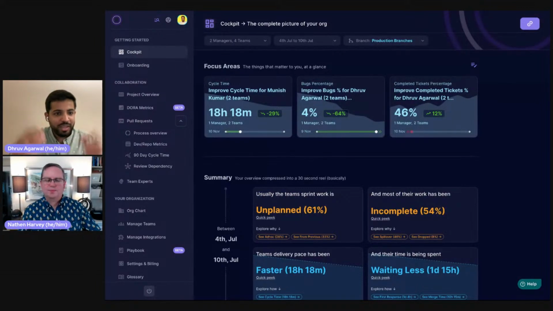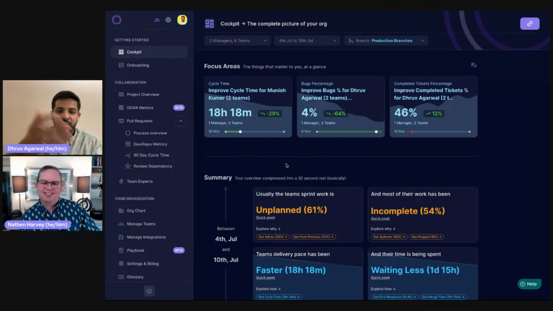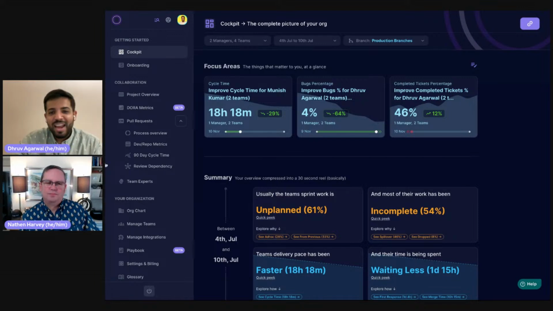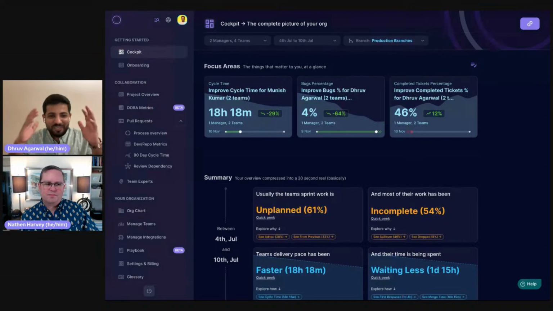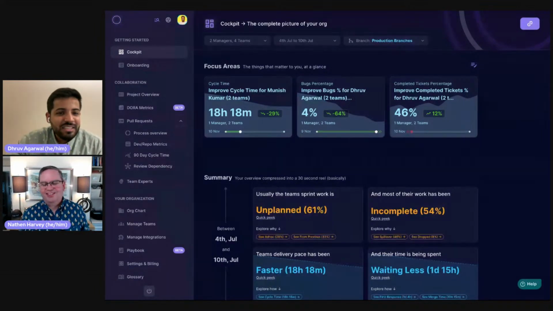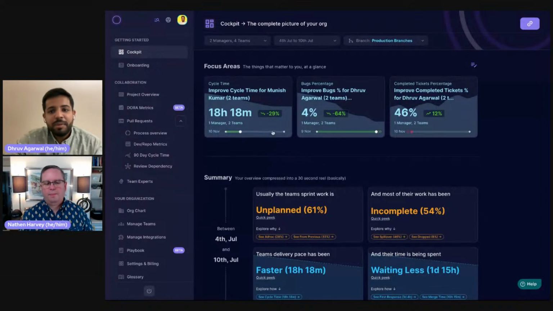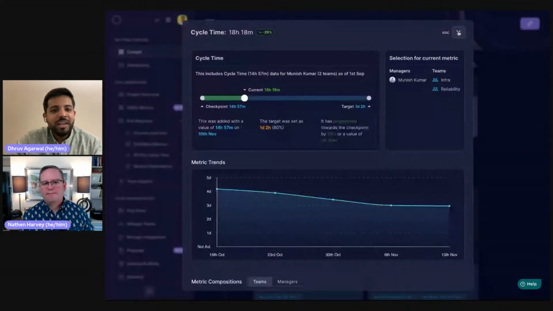instead of them running over everything. So what we do, as a glimpse on the main product, we all saw the open source version. So we have something called a cockpit. If I am a director of engineering or a CTO of an organization, I do not have time to get so much metrics and so much data, right? So whatever your KPIs are, we track them for you. You can just configure and we tell you, if your KPI is to improve your cycle time this quarter, how far along are you?